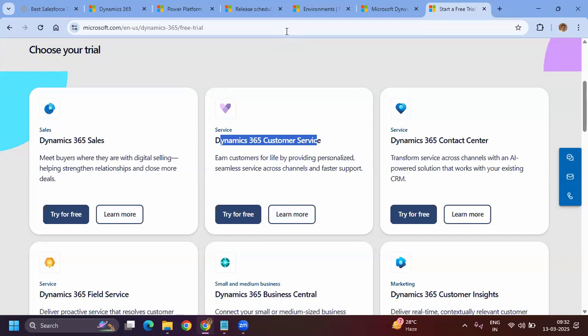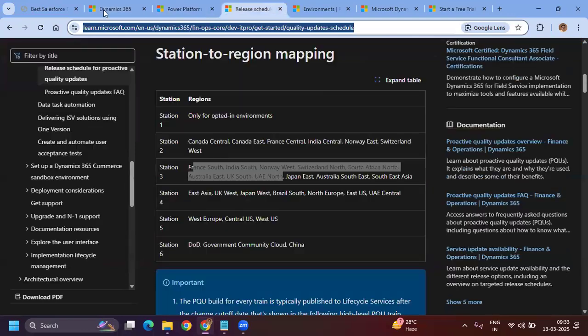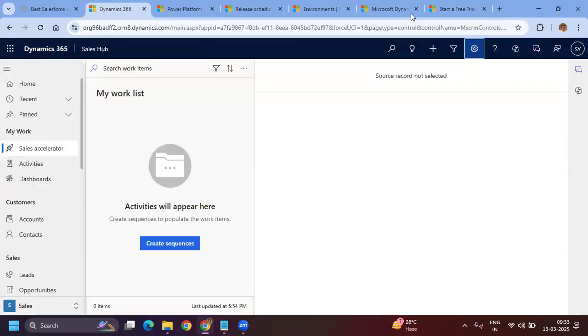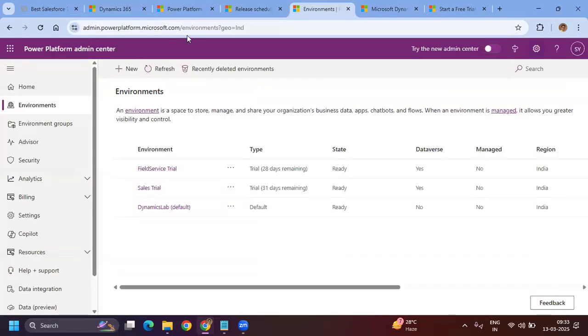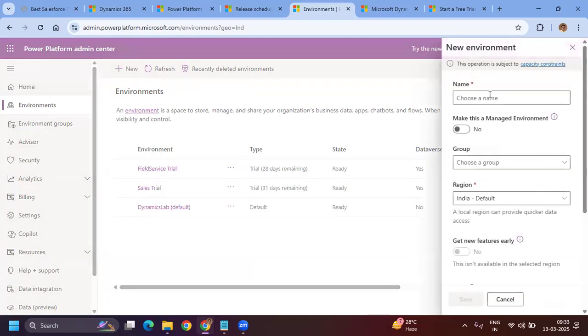My suggestion is to create a trial account using Dynamics 365 Customer Service. Once the trial account is done, you need to access the instance using the Power Platform Admin Center, admin.powerplatform.microsoft, and you will land on this particular page. In the environments section, you just need to create a new environment there. So what do we need to understand to create a new environment? Click the new plus button, simple, and choose a name. Let's say